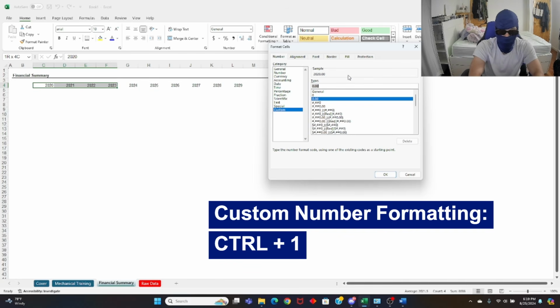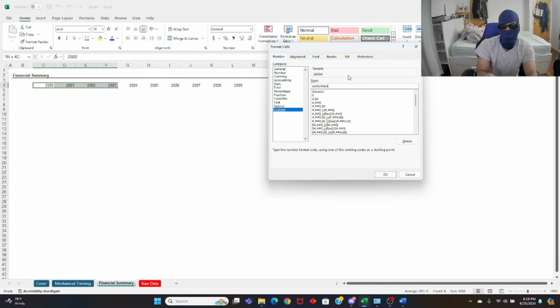And then what we're going to do is we're just going to type in General, because General just gives you the most basic of number formats. And then you want to label it as actuals, so you want to put an A next to it. So you could do A, right? It'll pop up. But do not get into this habit of inserting letters without quotations. Because for A, Excel will recognize that you're trying to label as actual because it's pretty common.